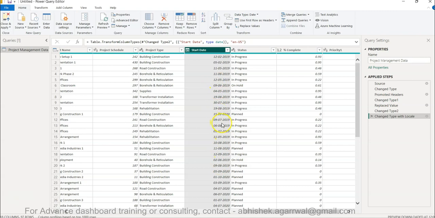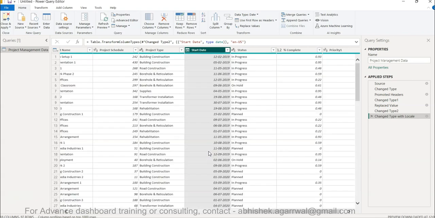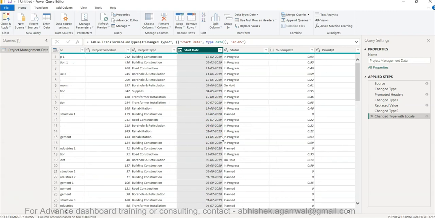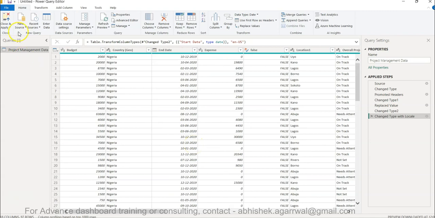So you just need to make sure that in your real data you validate some of the dates, right? So that everything you are expecting is coming fine. Sometimes it does weird things like mixing up the dates and things like those. Just make sure you validate this. This is percentage complete and this is priority, which is fine. Now I can close and